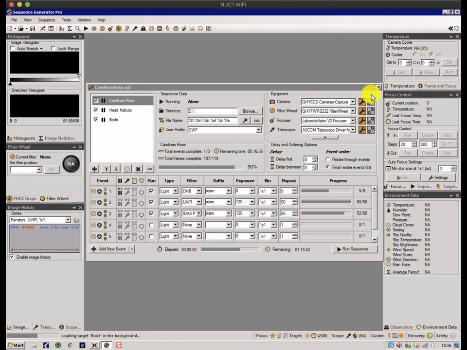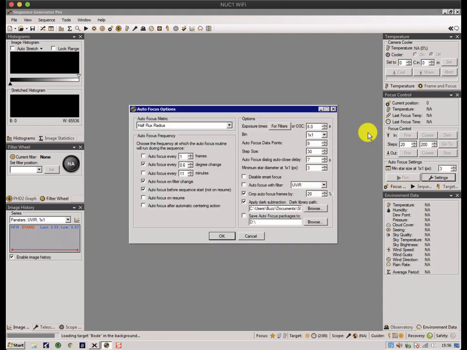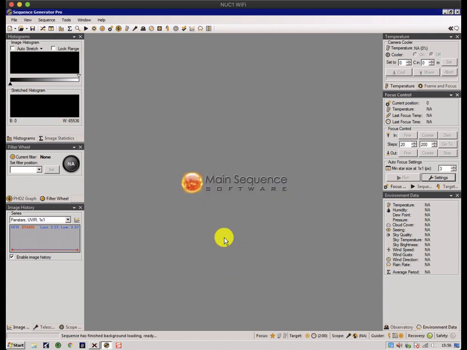A couple of other things just to look at. There are a number of settings which are difficult to predict, but you often find out when you first get going what you need to do, and some of those are around focusing. So the focus settings, especially this right hand side, which is what step size and how many steps, we'll have a separate video starting up a sequence, and we'll look at some of the considerations that you get into when you want to set this. But these are typically the area where you might fiddle with settings a little bit to get it just right. The other thing to be aware of